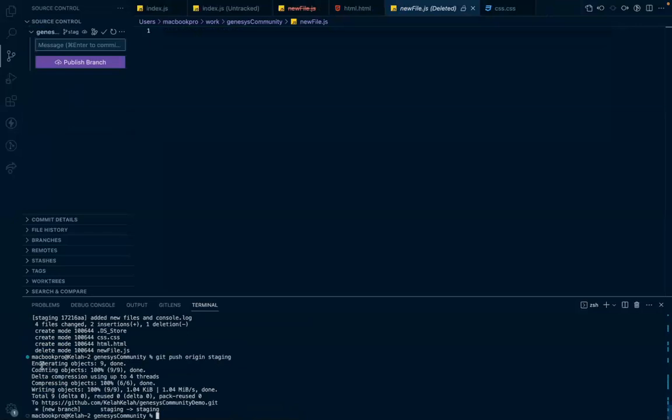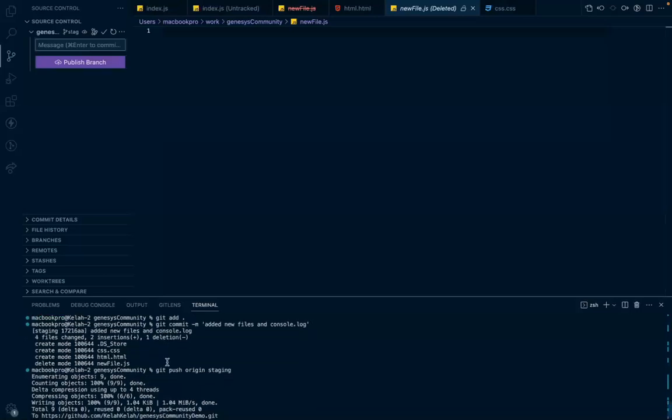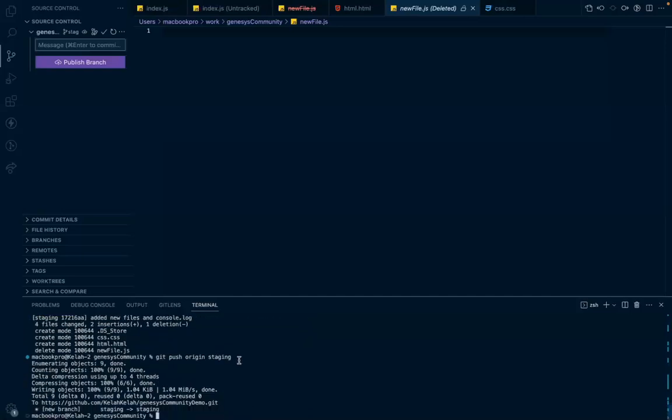Now I'm getting a response saying enumerating objects 9, which is done. Then it also says counting objects 100%. Make sure it's 100%, 9/9. And then delta compression using 4 threads, compressing objects 6 of 6 done, writing objects, you're looking out for 100%. It's done. You can also see the total changes. Once you're sure this is done, Git is even kind enough to give you a URL directly for you to go and create a PR